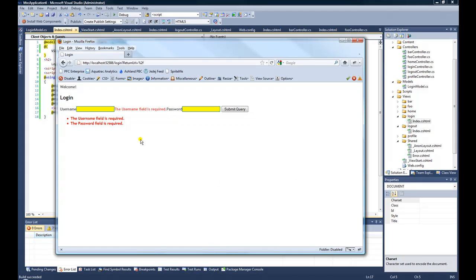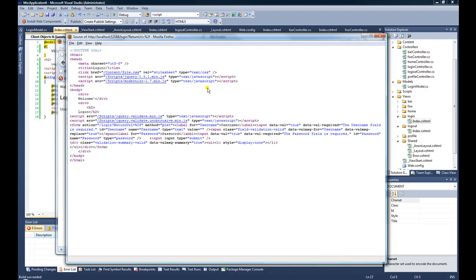If we view source, let's view source again. You'll notice that the HTML that's built uses these data-val attributes, and this data-val is what Razor calls the unobtrusive validation, data-val-required,